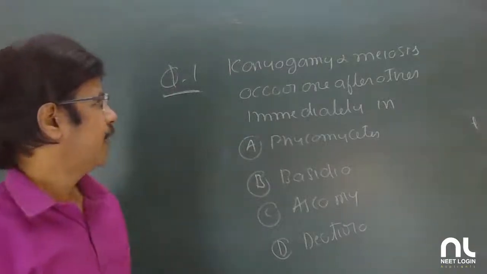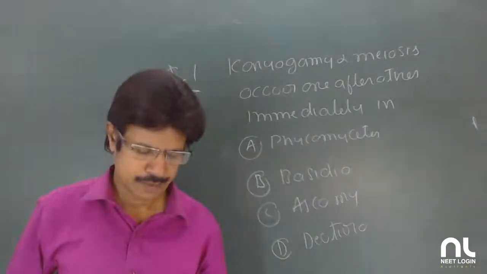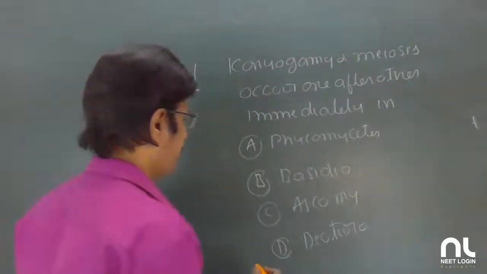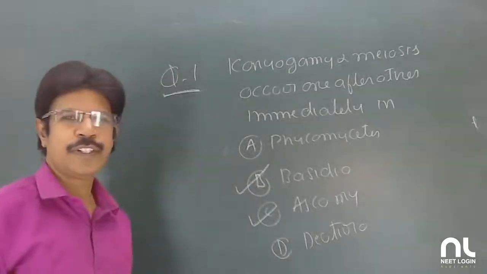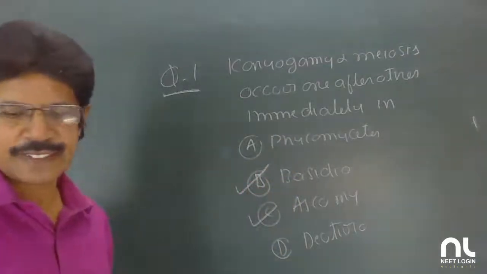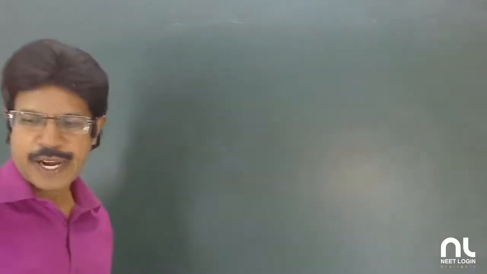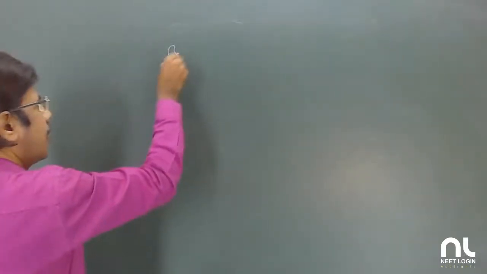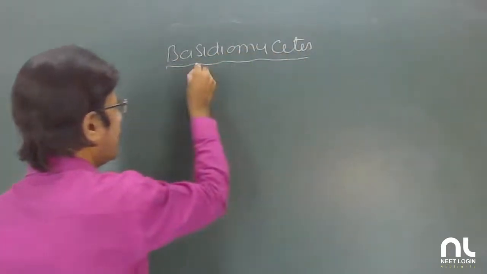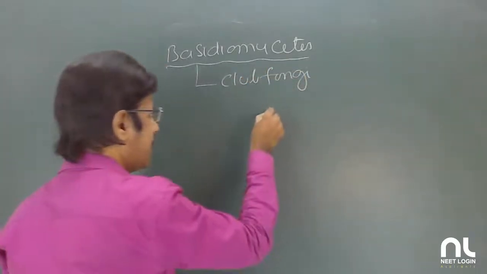Question number 1. Karyogamy and meiosis occur one after the other immediately in ascomycetes and basidiomycetes. Meiosis is delayed in the case of phycomycetes and basidiomycetes. What do you call basidiomycetes? Club fungi. Why club fungi? Because of the club-shaped